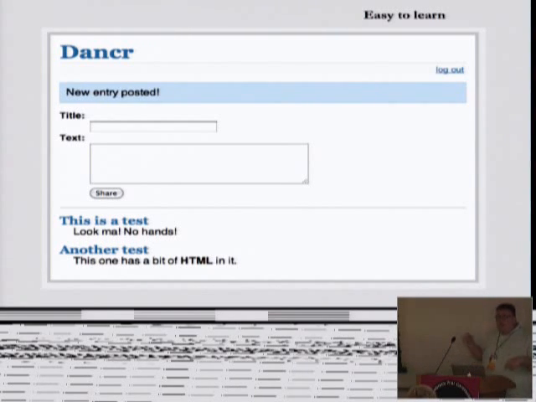Again, if there are questions while I'm talking, feel free to interrupt me. I know that I have 50 minutes, but I actually have more than 50 minutes of material, so I may have to skip over some slides at the end. So hopefully we won't need to do that, but if we do, it's okay.